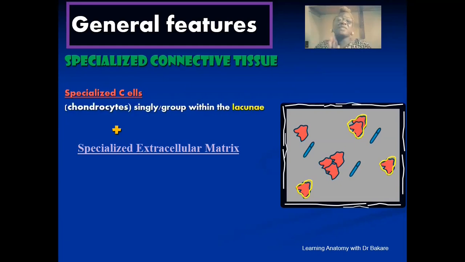The specialized type of cell in cartilage are chondrocytes. These are specific to cartilage. These chondrocytes are not seen in other types of connective tissue except for the cartilage. So they are distinct for cartilage, and this is why they are specialized. So we have chondrocytes seen singly or in groups, and this is what is seen to be arrowed here